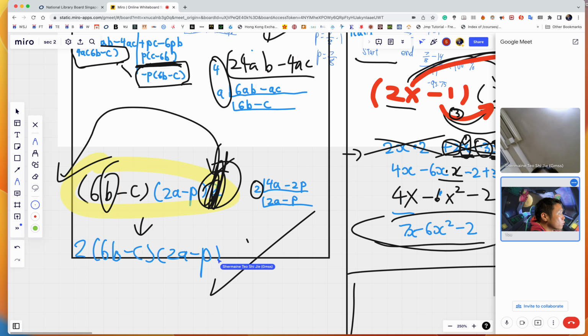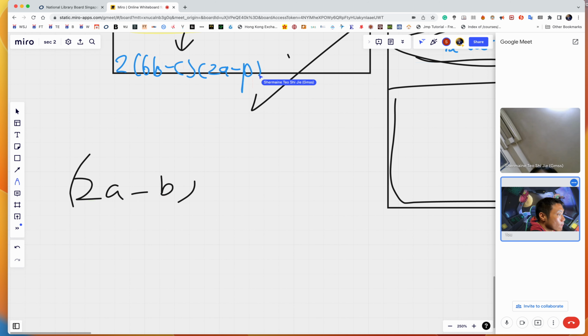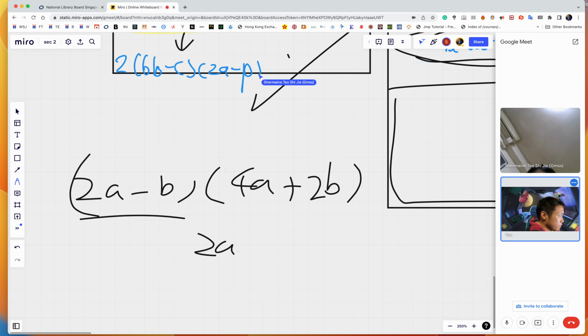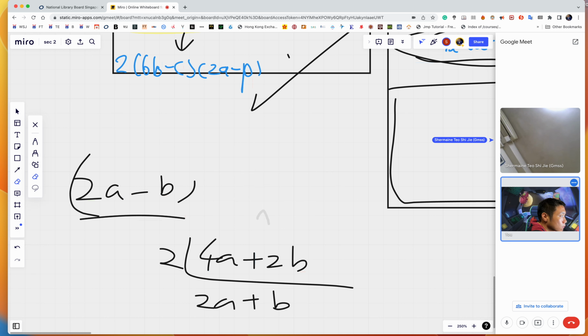So that means next time if you get this kind of answer next time, always check. Can you simplify or not? Cannot. Okay, good. Then do for the next one. Can you simplify or not? Can or cannot? Yes. So you take out the 2. So it's 2A plus B. So therefore this whole thing becomes